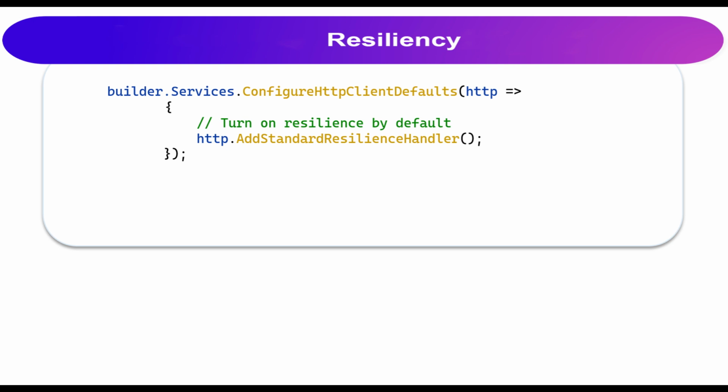There's a standard resilience handler built into the framework as part of a NuGet package you can install. This handler uses a standard resiliency timeout to retry requests when an error occurs. It also includes sensible back-off strategies, ensuring continued attempts without overwhelming or causing issues with the service. These defaults were selected by the ASP.NET team as sensible options, but you can tweak the timing and capabilities to better fit your application's specific needs.